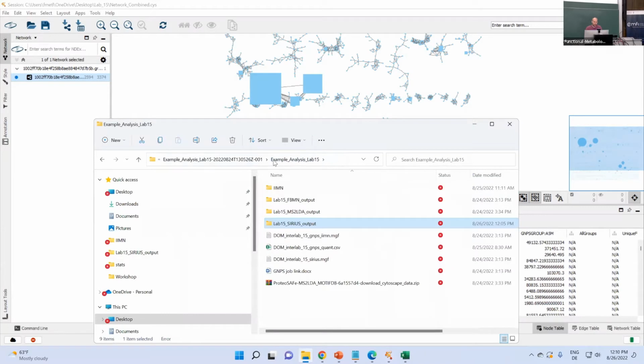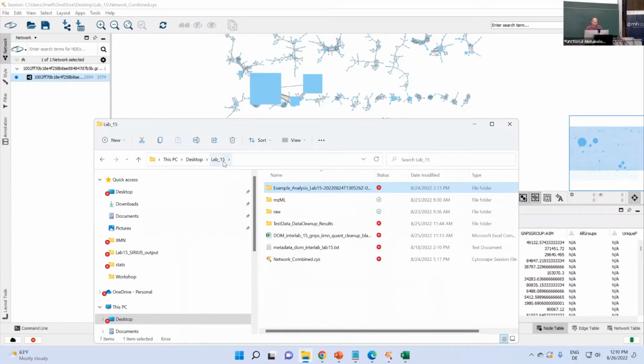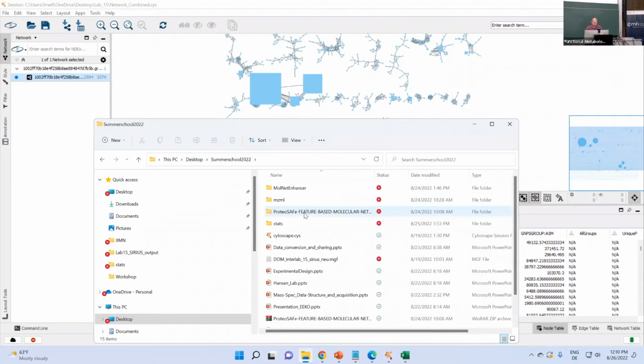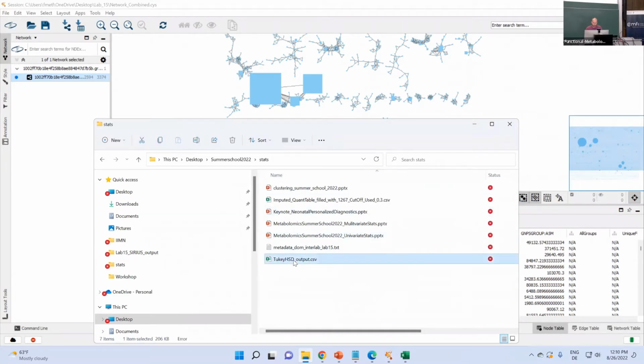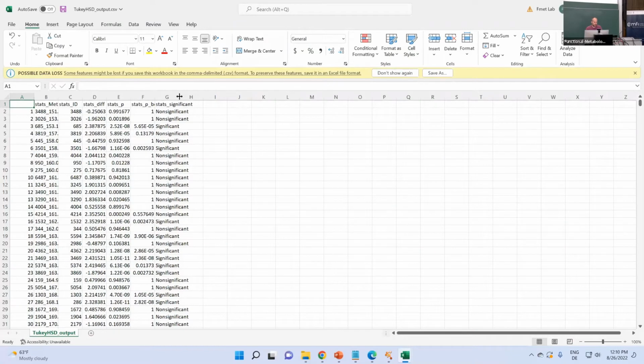Okay, now I just need to find the folder here. I think it was somewhere on stats, nice. And here there was this output tables. And now I just opened this in